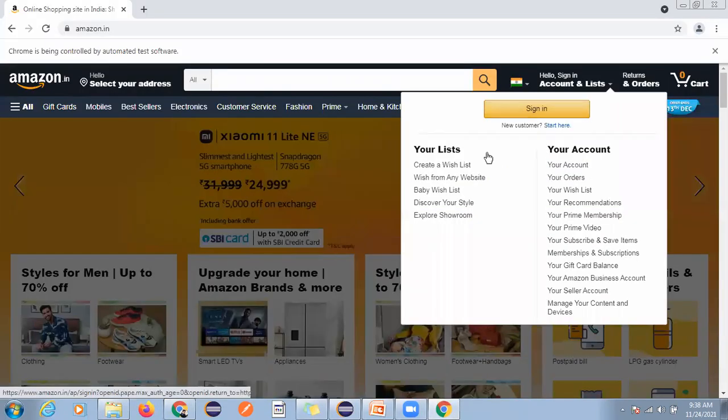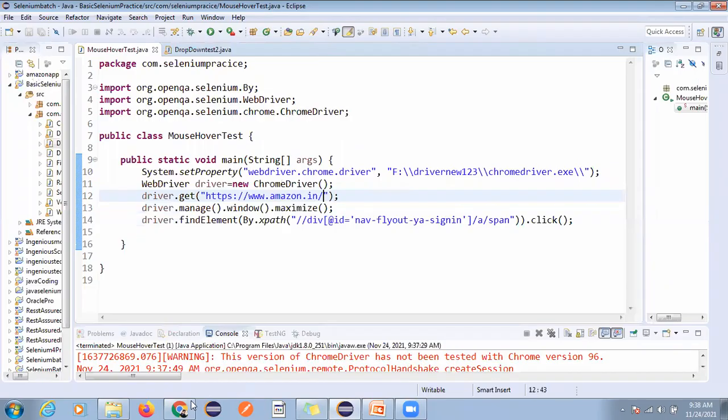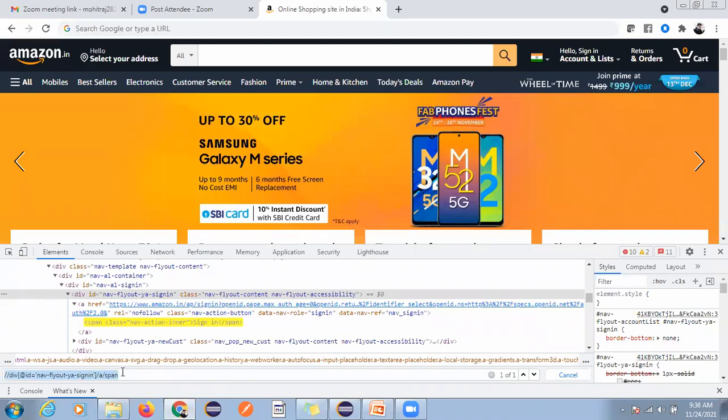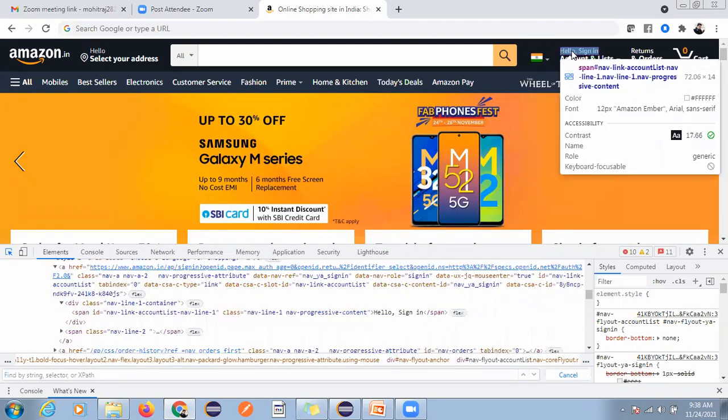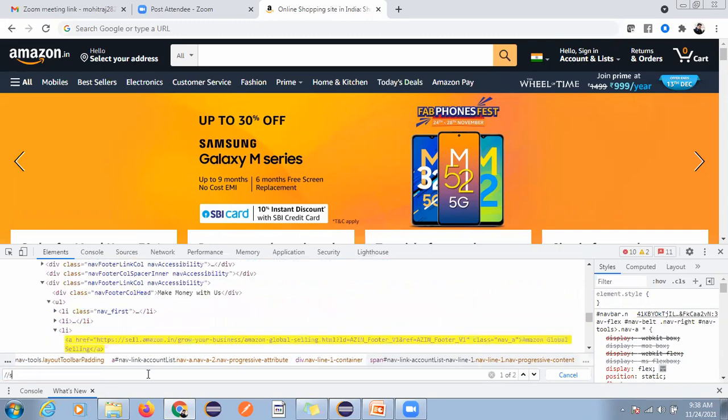So what you have to do is first find this element. Just delete this, and we will find this element. Here we can use the contains function, or you can also use id, but I will use contains.